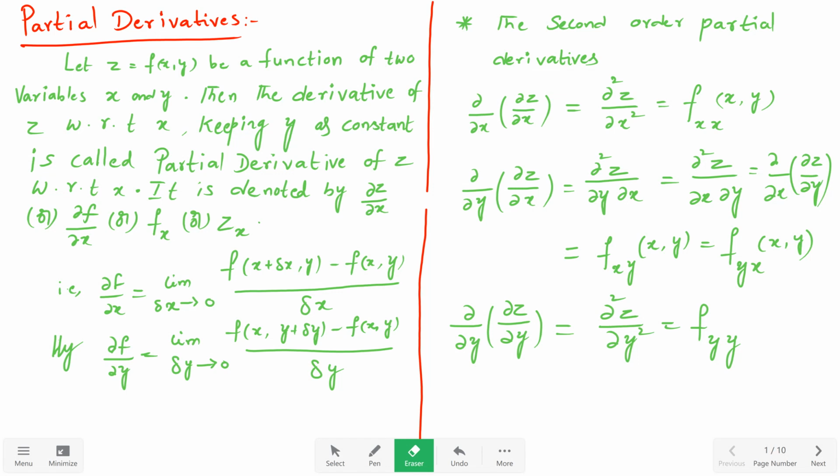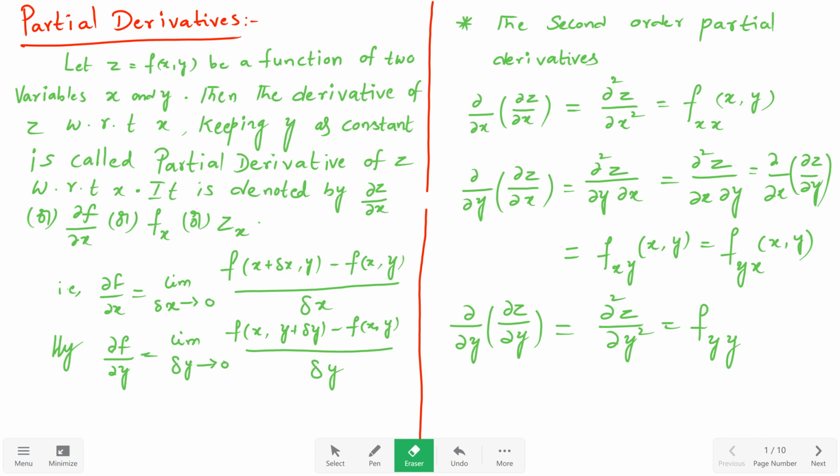Today's topic is partial derivatives. Let z equal f of x comma y be a function of two variables x and y. Then the derivative of z with respect to x, keeping y as constant, is called the partial derivative of z with respect to x. It is denoted by ∂z/∂x or ∂f/∂x or f_x